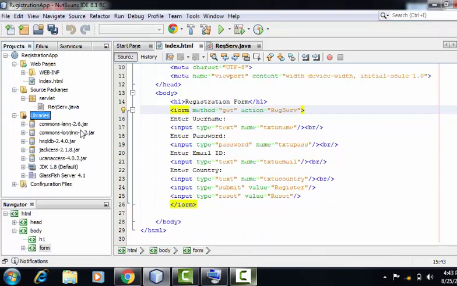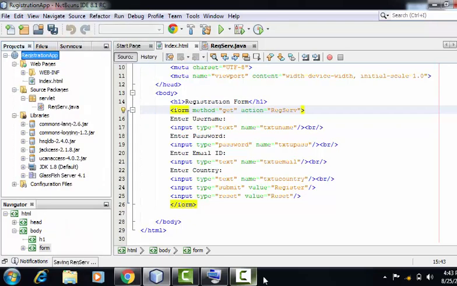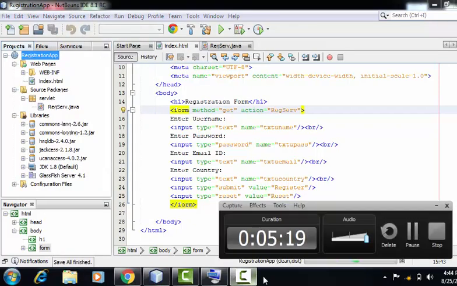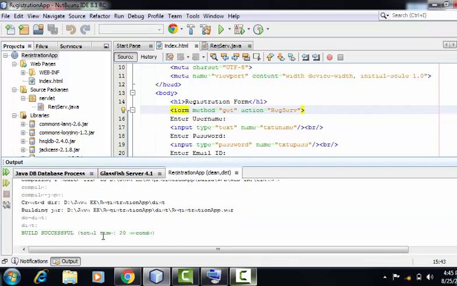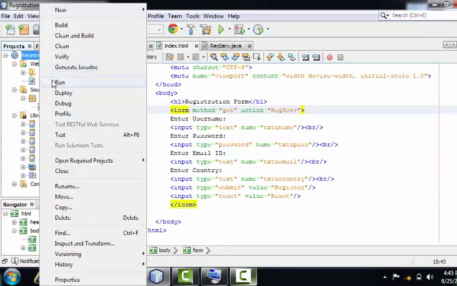The jar files have got added inside libraries folder. Now I can right click and select clean and build option. Here it is giving me build successful. Now right click and select run option.